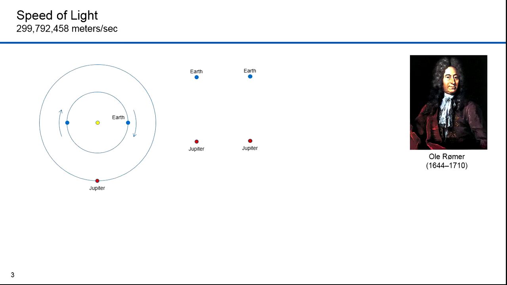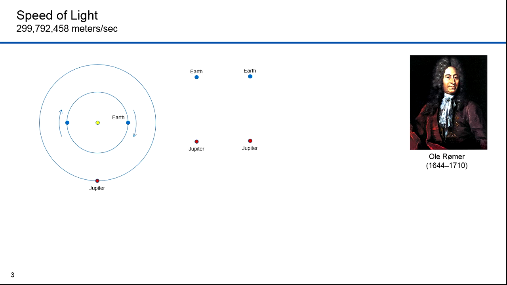In 1638, Galileo proposed an experiment to measure the speed of light by observing the delay between uncovering a lantern and its perception some distance away. He was unable to distinguish whether light travel was instantaneous or not, but concluded that if it weren't, it must nevertheless be very fast. The first quantitative estimate of the speed of light was made in 1676 by Ole Romer.